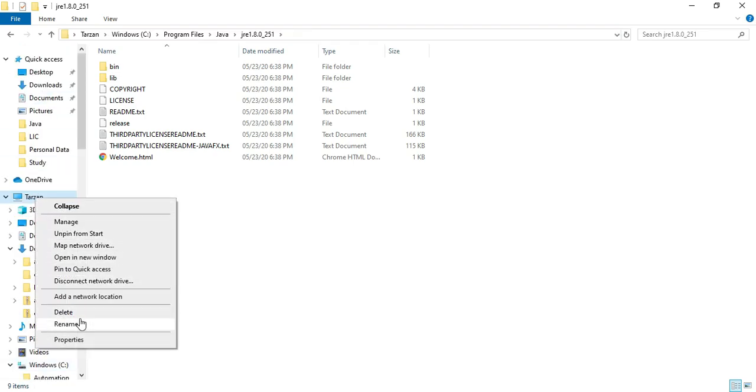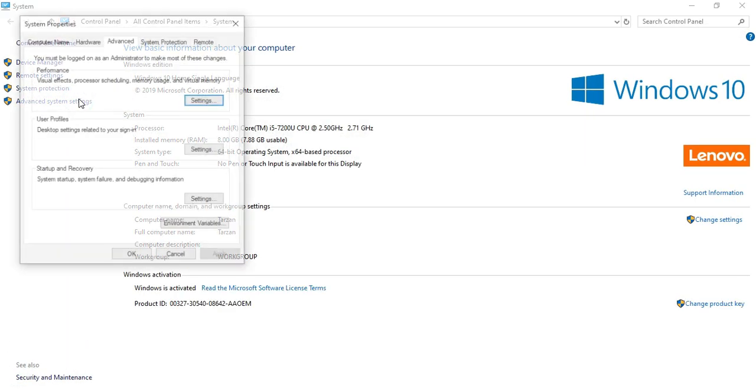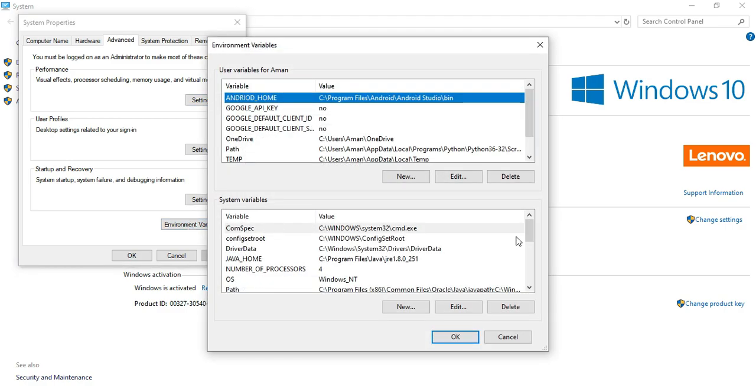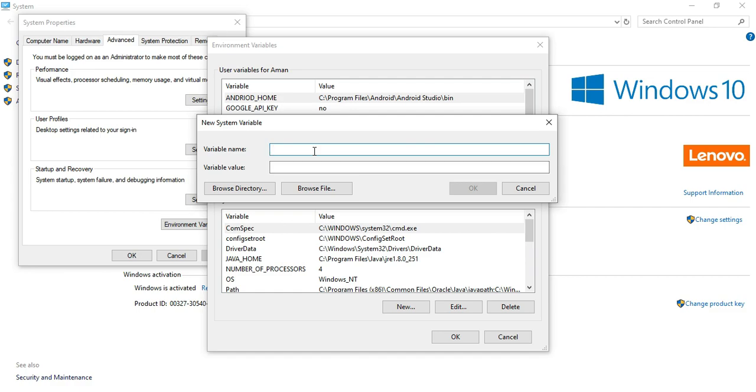Right click on your system, go to properties, click on advanced system settings, click on environment variables, and use this button New and create one variable like this, JAVA_HOME,